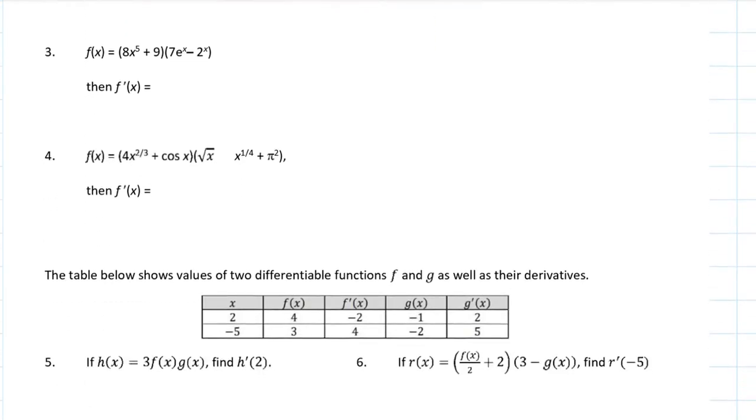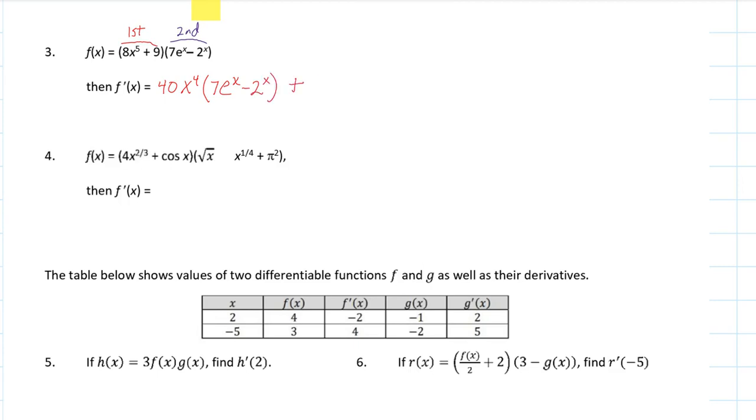All right. Oh, look at this guy here. Check this out. This whole thing right here is the first. And this whole thing right here is the second. Here we go again. Derivative of the first. The derivative of 8x to the 5th is 5 times 8 is 40, x to the 4th. The derivative of 9 is 0, so I don't have to worry about that. So there's the derivative of the first, times the second, which is 7e to the x, minus 2 to the x,